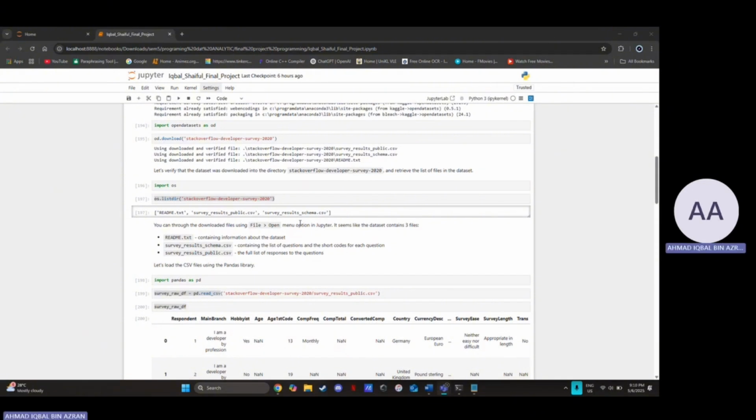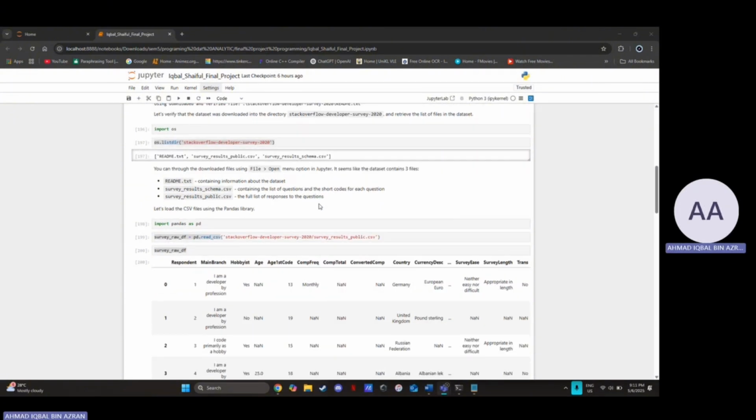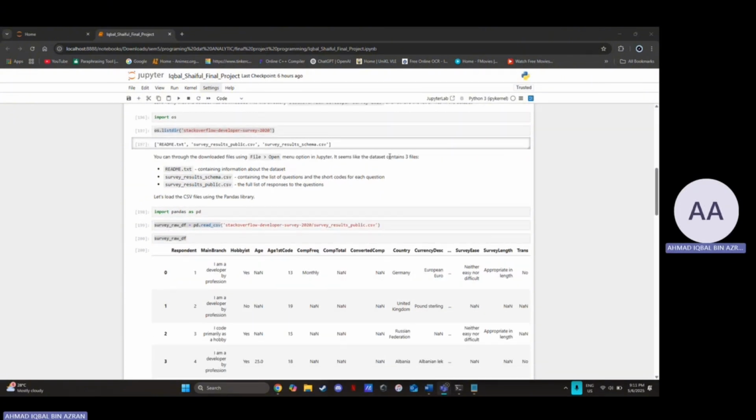We've done that, and now we verified it already. So now we do the schema, which is the question from the selected columns into the schema, and we will see the survey data frame, which we can see has thousands of rows and 20 columns. Now let's view some basic information about the data frame. What we can see is we can use the shape, it has 20 columns.